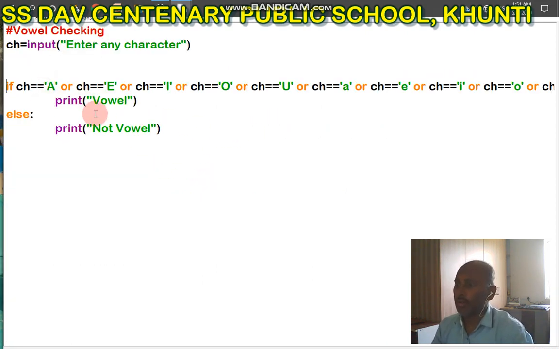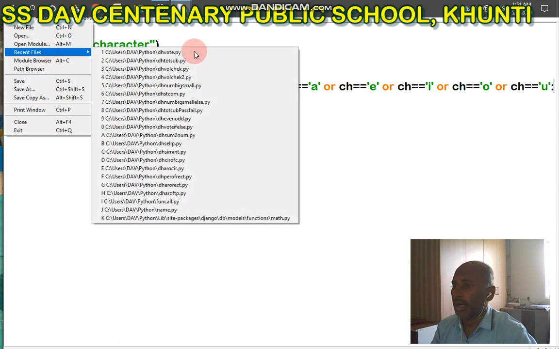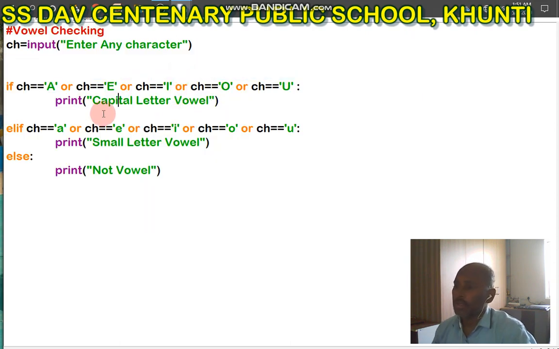You can see this, first to last. And in another program, I have separated this. Suppose you want to see the output as capital letter vowel and a small letter vowel. So I have written the capital letter vowels in the first line in if statement and the small letters vowel in elif statements.